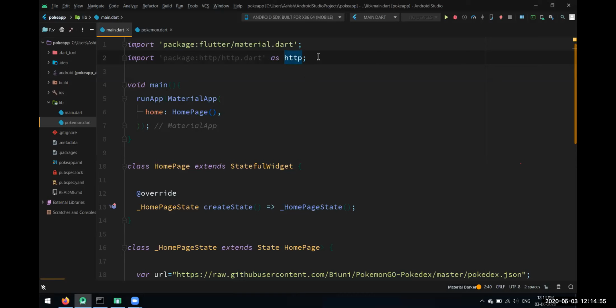Let's just give it a name so that it will be easy for us to use this package. We just imported it with a name, so whenever we want to use any of its functions, we can call it by using this HTTP keyword. You can give any name to it. We just imported the HTTP package.